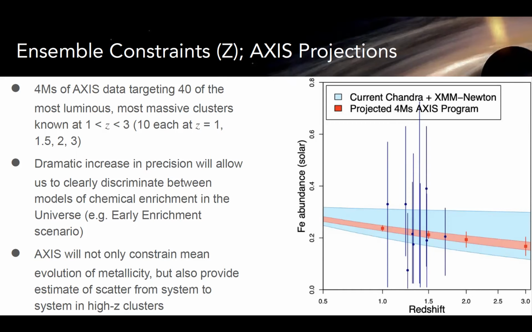So we don't really expect there to be great variations in different regions past a certain spatial extent. That said, the spatial resolution of AXIS is potentially going to be able to resolve different pieces of cluster outskirts. But let's say for a cool-ish, not cool core cluster, but a redshift 3 cluster with a peak temperature